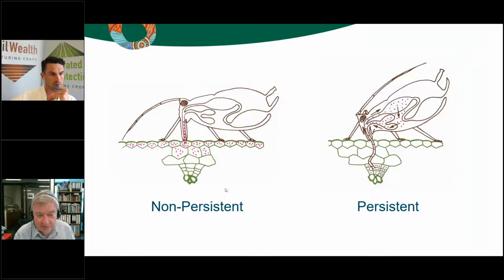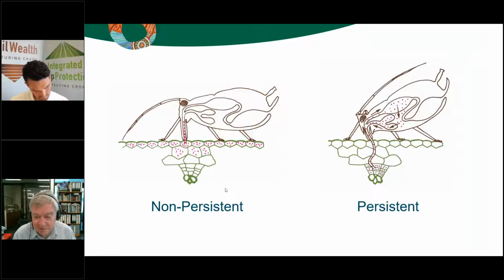And the aphid can only retain that virus on its stylet for a matter of hours. If it doesn't infect another plant during that period, it loses it and needs to get a recharge of virus for another attempt. So a very rapid process, no circulation through the insect, just on the stylet or the sucking mouth part. A persistent virus, on the other hand, and this applies to tomato spotted wilt that I mentioned before,